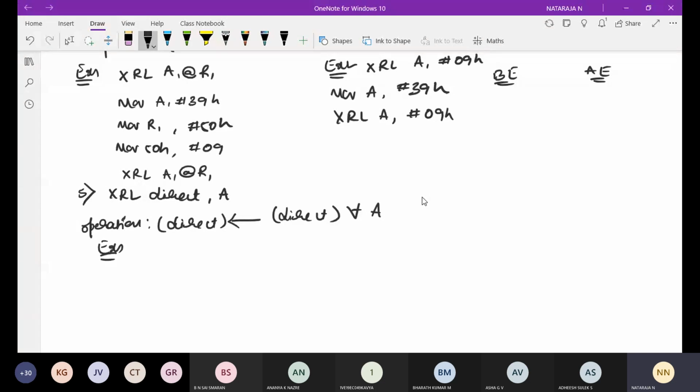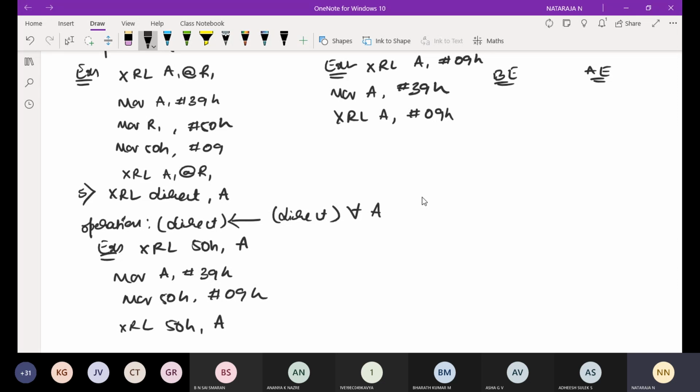Example, this is XOR logic of 50H, A. Small program: move A, hash 39H, move 50H, hash 09H, XOR logic with 50H, A. Now whatever the output you are going to get, 39 XOR of 9, that data will be stored in 50H.